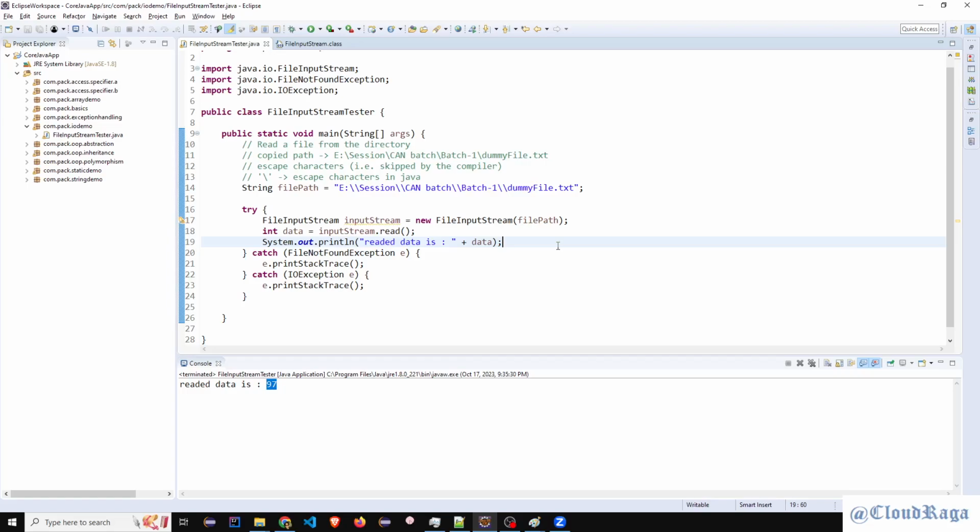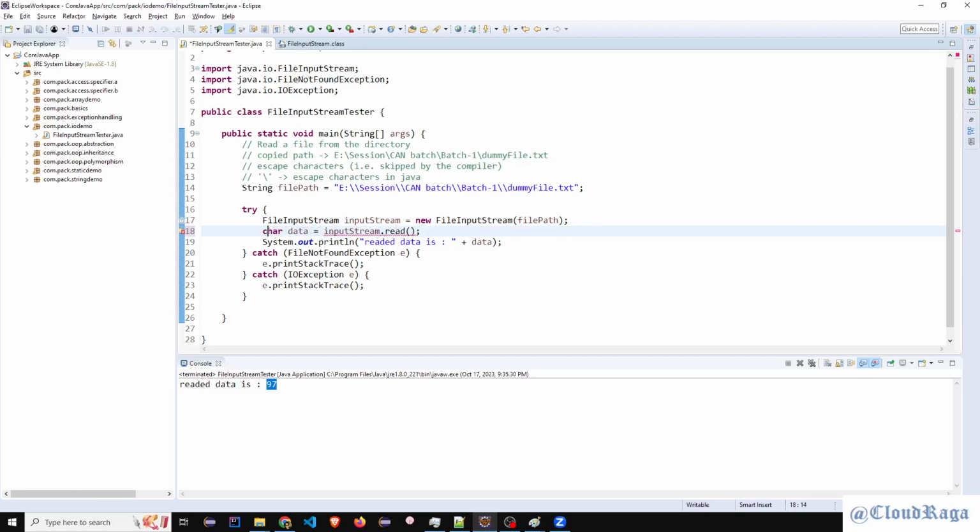And how to do that? By simply using the character data type. Where do we want to use the data type? In line number 18. You want me to use char here? Yes, sir. Small c?